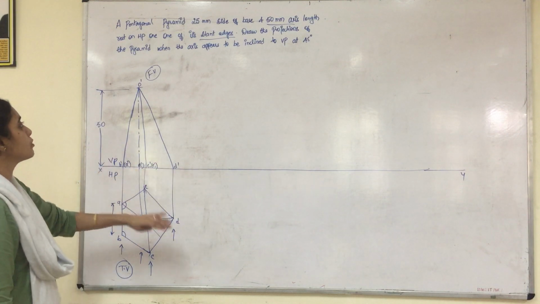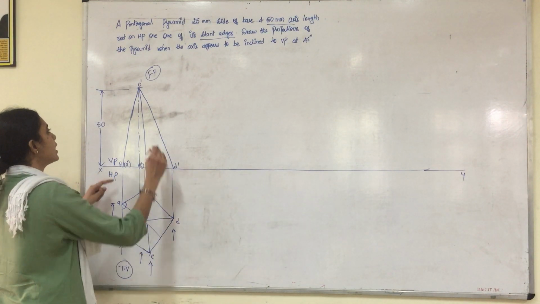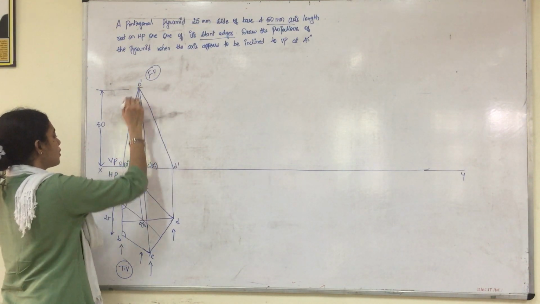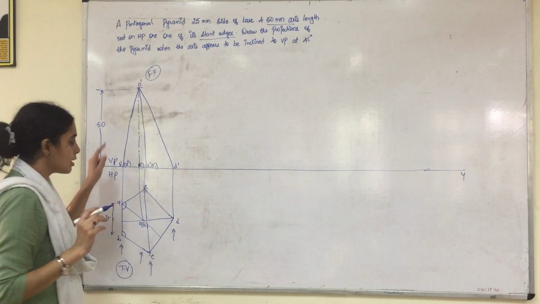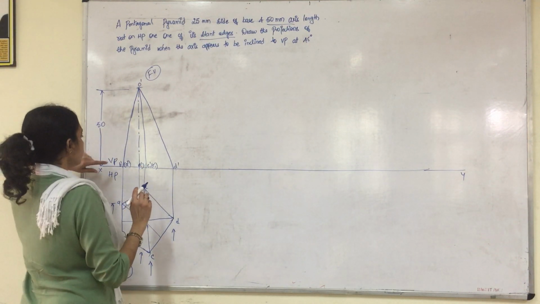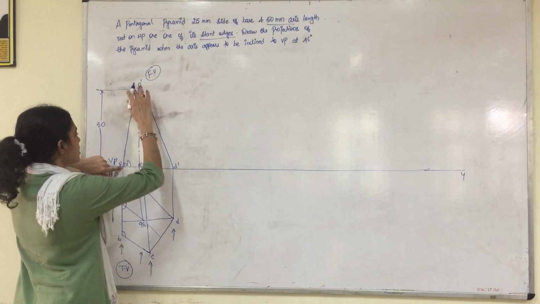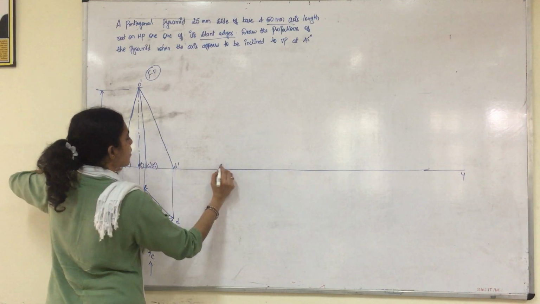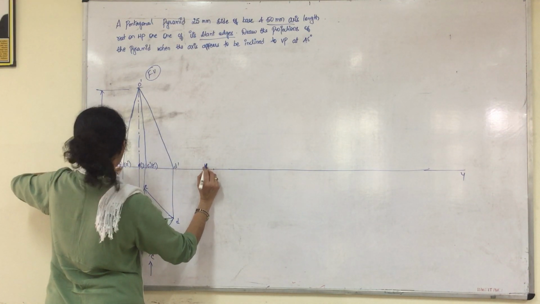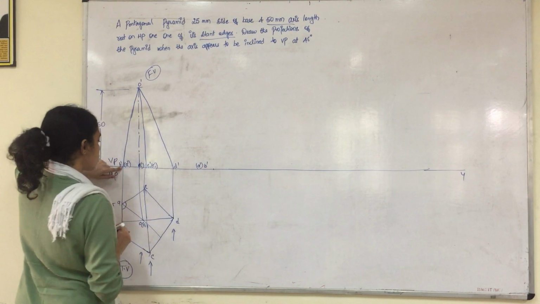So once you have understood the first stage, now we have to come to the second stage. So you can now select the slant edge. O dash to D dash is one slant edge, O dash to B dash is one slant edge. So select any one of it. Okay. So if you are selecting O dash to B dash and A dash as your slant edge, you have to leave some space and fix this point. So this point will be nothing but our A dash in the bracket and B dash outside the bracket.